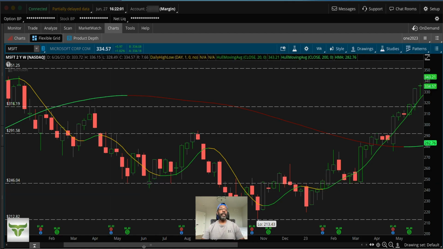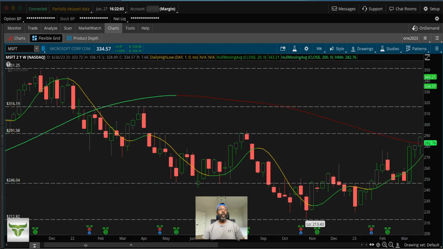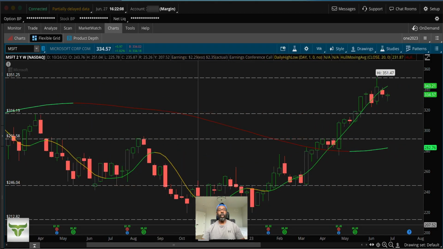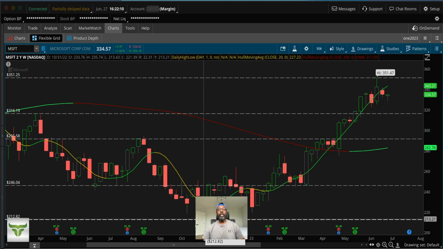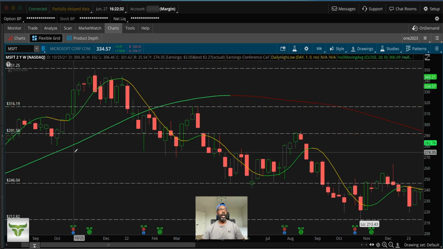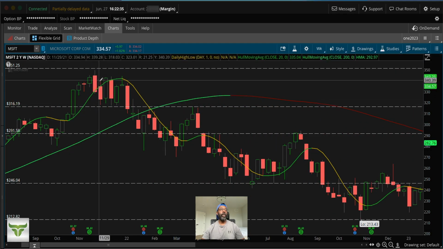So for now, support and resistance is basically where's the low on Microsoft over the last 2 years on a weekly. You can see the low right here. In this position, based on volatility, you'd want to say to yourself as a long-term investor, well, this would be a really good spot for me to get into, because the stock had bottomed out. It went from a high all the way up here at 351.25